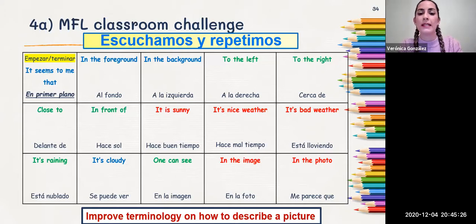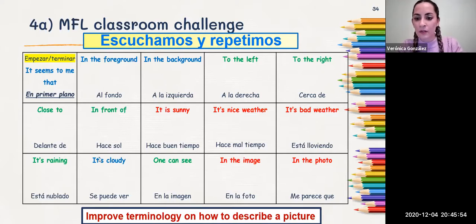So students would listen and repeat. I would explain how to pronounce certain sounds. And one student would have the empezar and terminar card, the start and finish card. So the student would say en primer plano, and then the second student, who's got the card that says in the foreground, would say al fondo. Then student 3 would say in the background, a la izquierda, to the left, a la derecha, to the right,